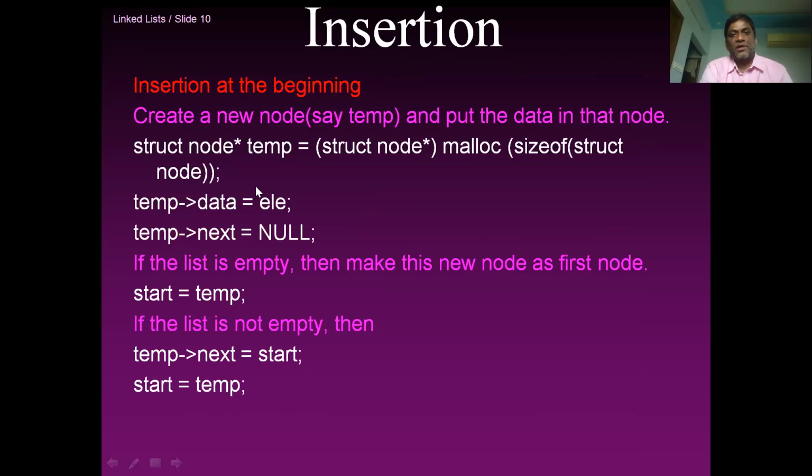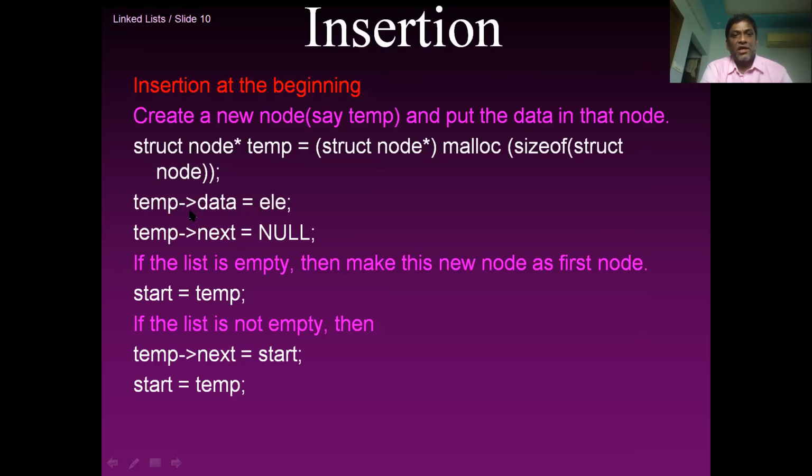inserting this temp into the linked list now. I'll temporarily put a null pointer into that temp. Okay, so the pointer is pointing to null. We can change this afterwards also, right? Based on the position where we are actually inserting. If you are inserting this node at the end, this will be kept as it is. If you are inserting this node at some other position, then this will be changed. So what is that first step? First step is creating a node and putting the data into that node.